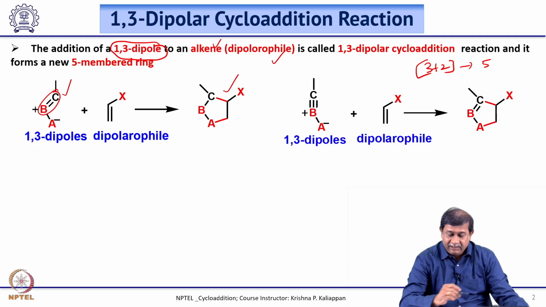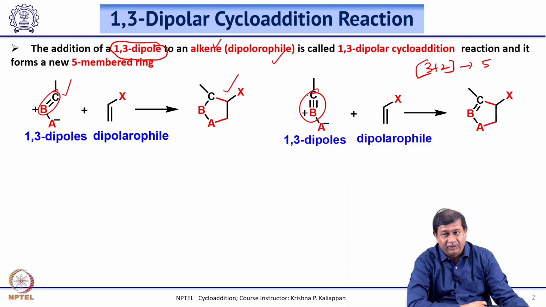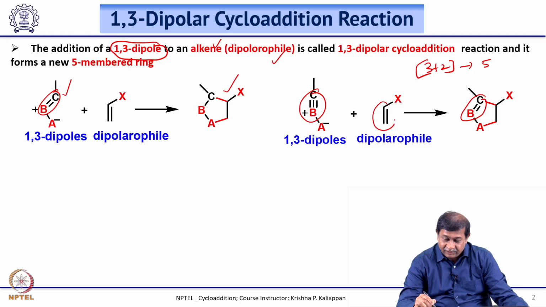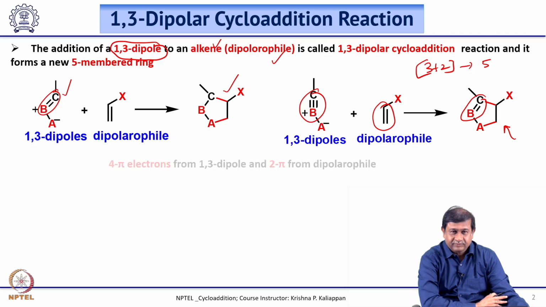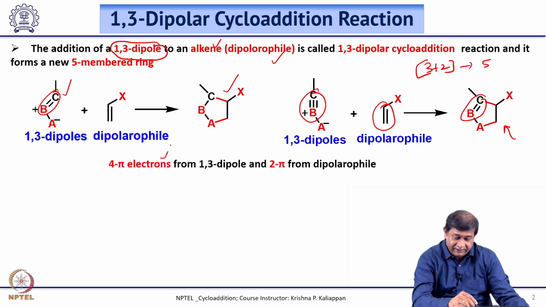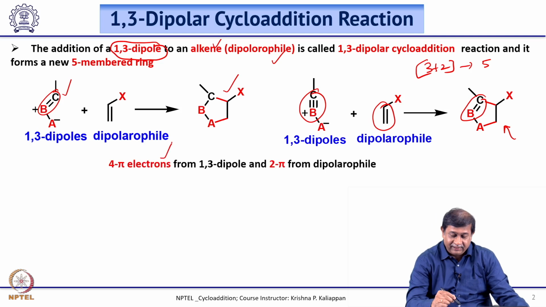However, if the dipole has a triple bond, not a double bond, then in the 5-membered ring you will get a double bond. In the first case you don't get a double bond. In the second case you get one double bond. And there is also one more where the dipolarophile has a triple bond, then you will get one more double bond. So the third possibility, you get 2 double bonds. And as I mentioned, this is a reaction between a dipole having 4 pi electrons and dipolarophile having 2